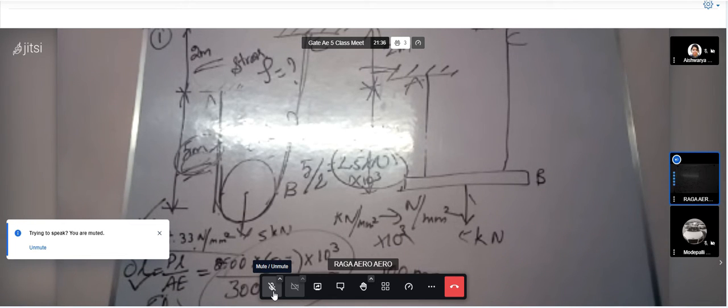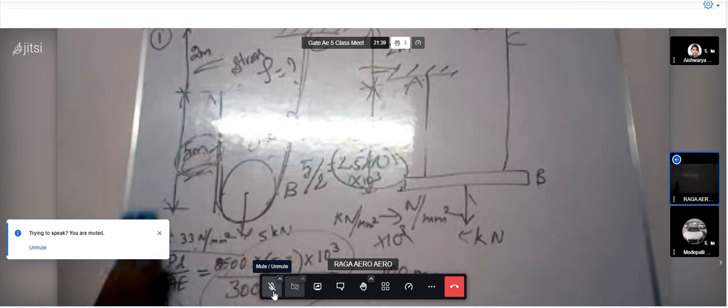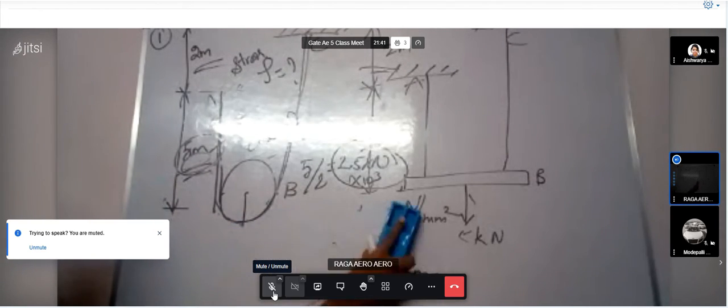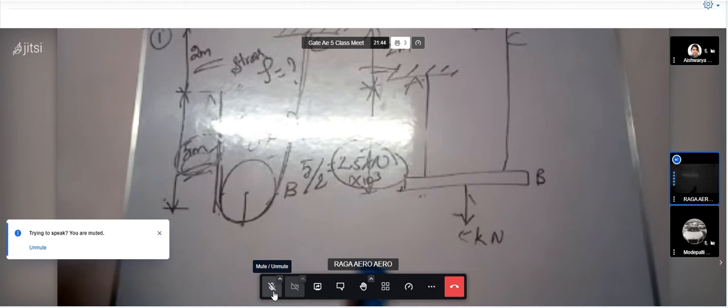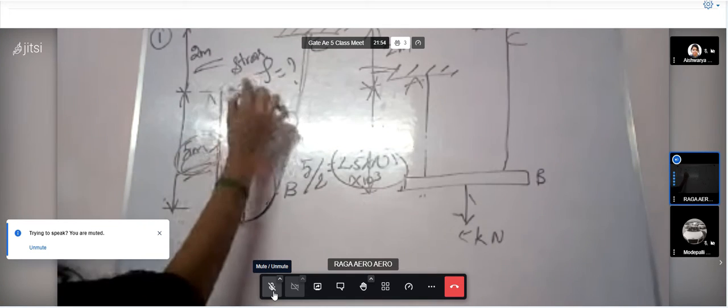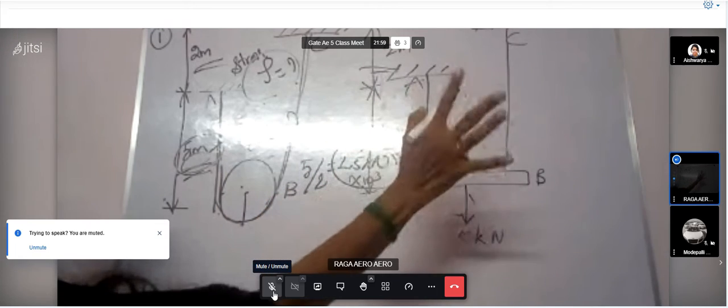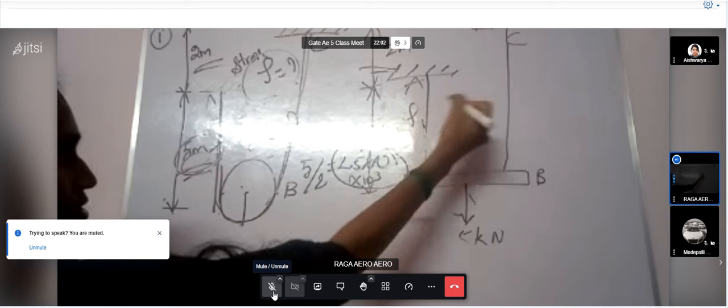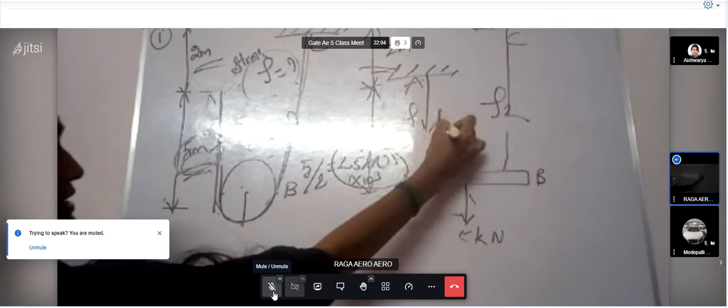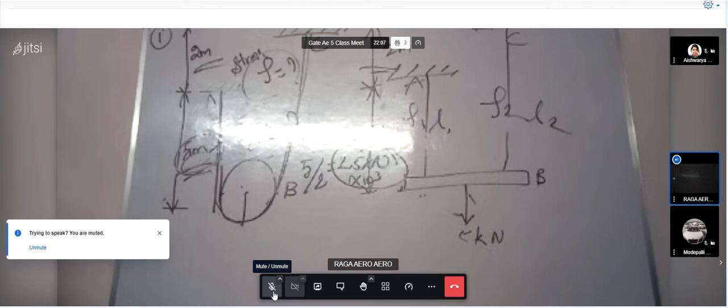Okay. Now we will move on to the second case. First case, this is easy, since it is a smooth pulley, your first case gets easier. And for your second case, here there is no common stress. In the first case it is a common stress since it is a smooth pulley, but here there is no common stress. So you take this one as stress 1, this one as stress 2, as well as L1, L2. But your area as well as modulus is a common thing.